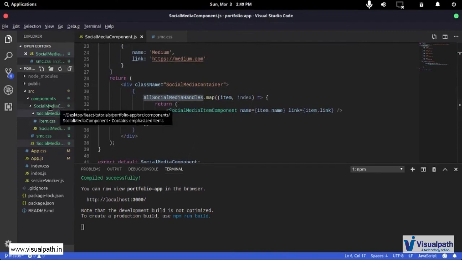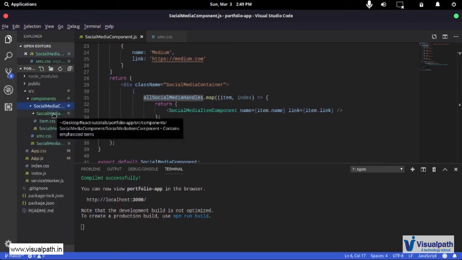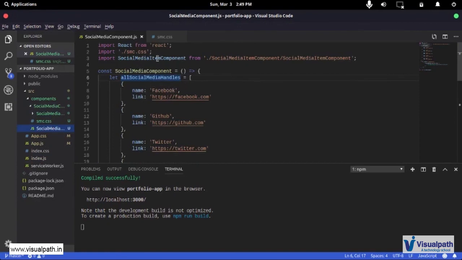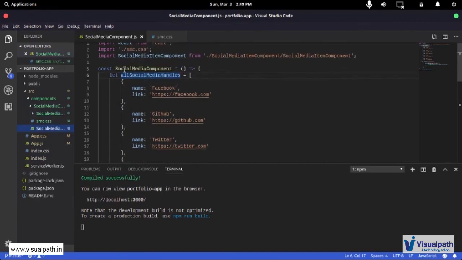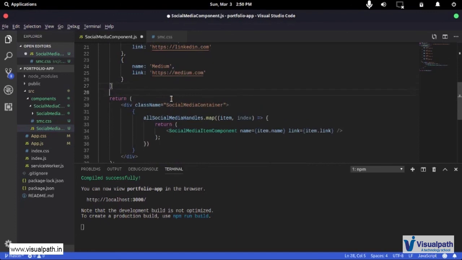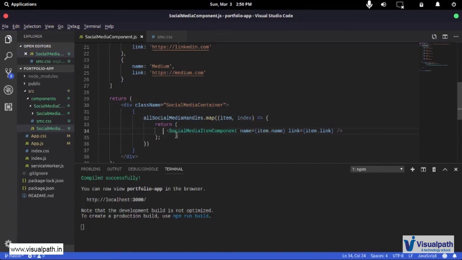So let's quickly summarize what we did. We created a folder called components, and inside our components we created a folder called social media components. In that we had two files. The social media component, this JavaScript file, where we imported things, and then we created a data source called social media handlers. Then we had our JSX rendered here, so I had this return. I created this container called social media container, and inside that I had all the social media items initially in different divs. Then I realized over a development cycle that I was repeating myself a lot, so I abstracted out that detail.